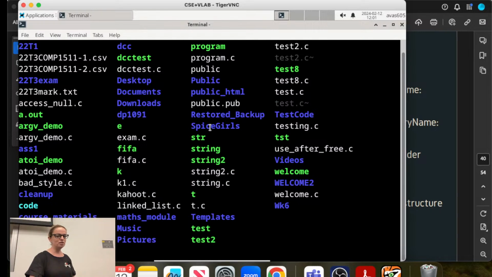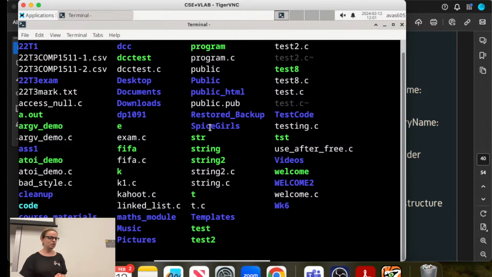If anyone is reading this weird Spice Girls directory, that's from 2 years ago when Sophia decided to give me a folder name to create a directory, and that's still there 2 years later. I don't feel the need to clean up anything, clearly. So, was that your favorite band? I was wearing a shirt. Oh, you're wearing a shirt that said Spice Girls. I was like, why would we have done Spice Girls? Okay, so